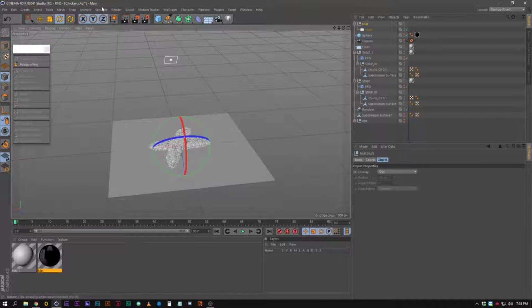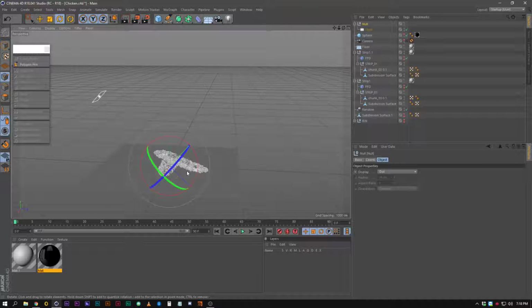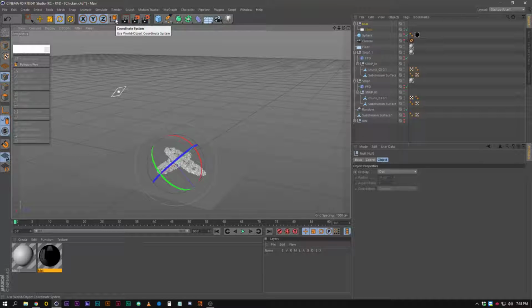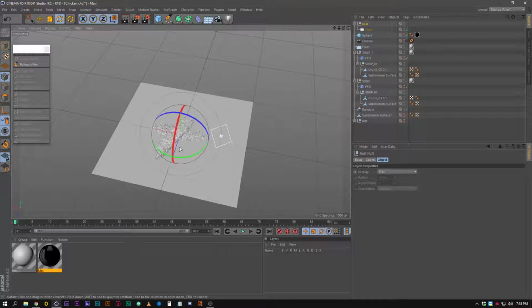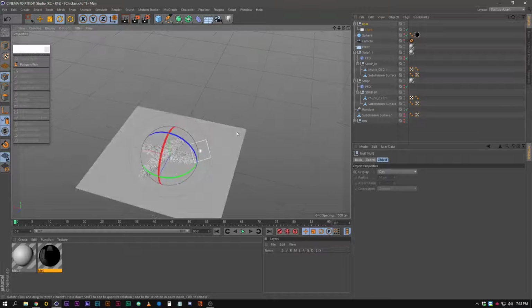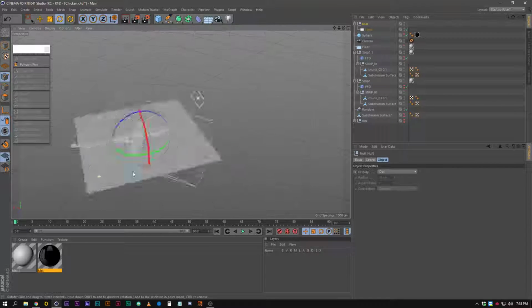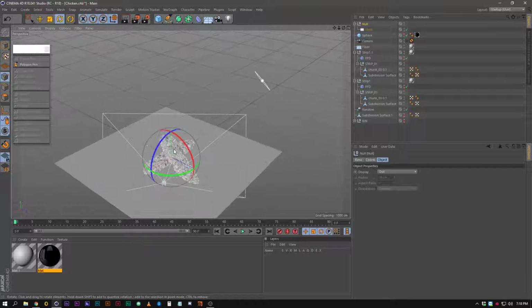So I want it to be, and then you can use this thing here to change from the local angle to the global angle, so it resets it, and I can go like that. Where's my camera? So from this angle,